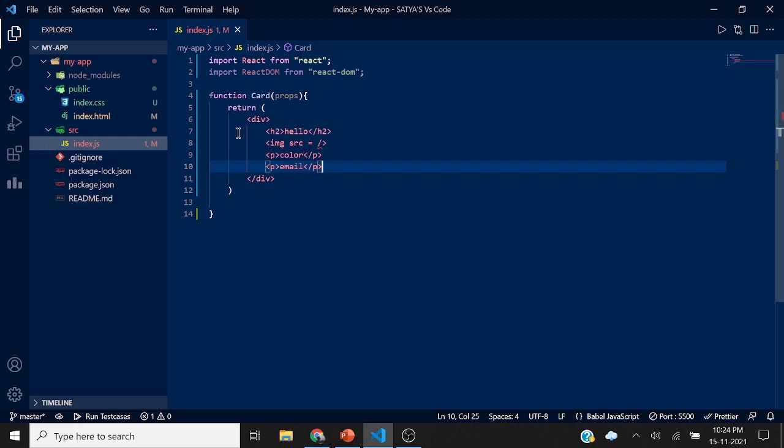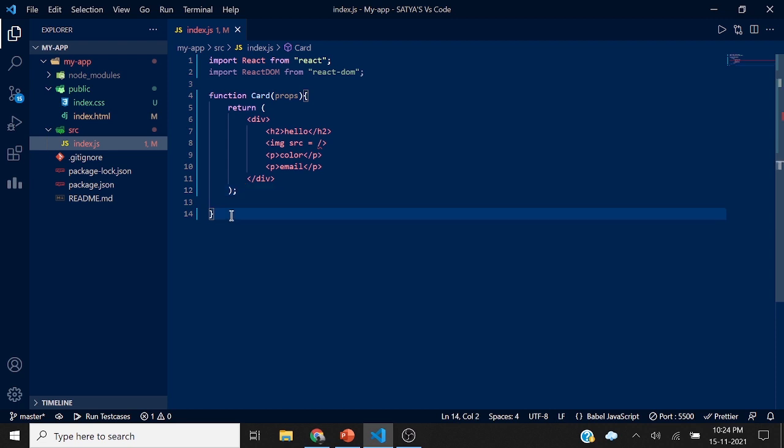So this is a card, this is a component. If we remove this props, this entire thing is known as a component. But if we insert props here, this will become a property. This is not completed yet. We need to insert many more items in this.